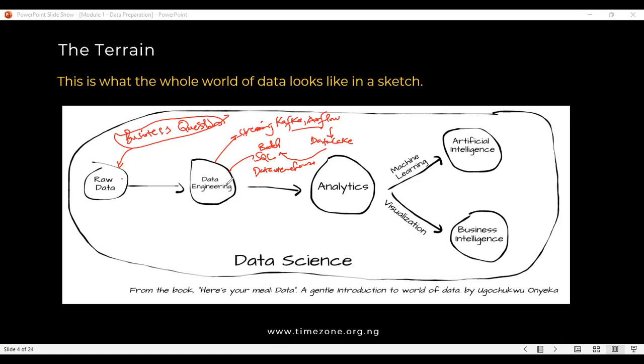Naturally, a data scientist would not need to do this, but what we've discovered is that it's never straightforward. There are many times we have to do what the data engineer does, probably because of budget constraints on the side of the organization. All right. So when we now finish all of this,